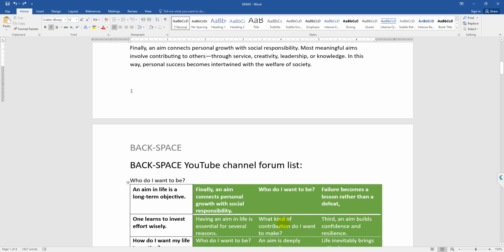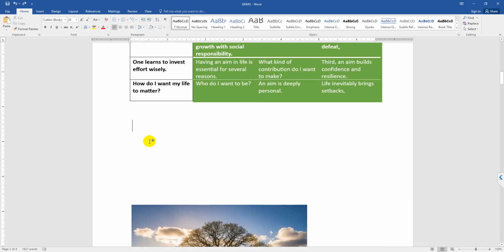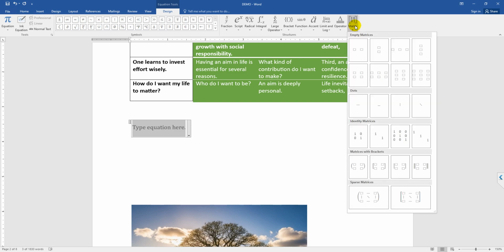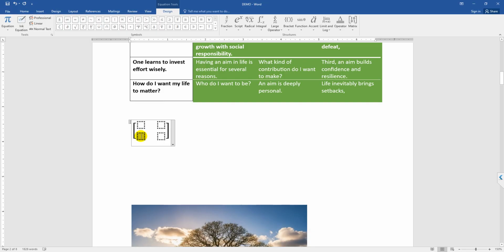We can see here I have an assignment page. Now I click the cursor on a blank page. Then go to the Insert menu. Click this Equation option. Then we can see here the equation. Now I go to the matrix. We can see here many matrix options. Now I select this and delete the